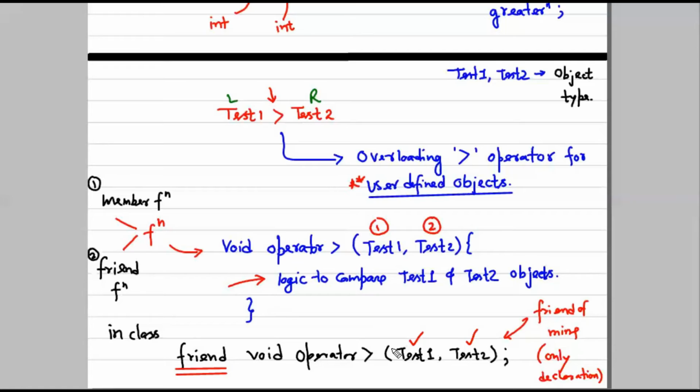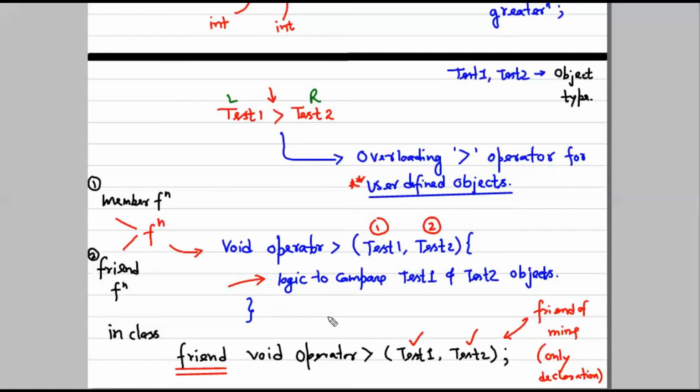By declaring it a friend function, we are saying this function has the authority to access my private data. Then we can write the logic. So how would this be efficient and less complex? Because we will define it only one time. We will declare in each and every class, like, this is my friend function, and this function can access my private data, but I'm not defining it. There will be only one definition outside the class.